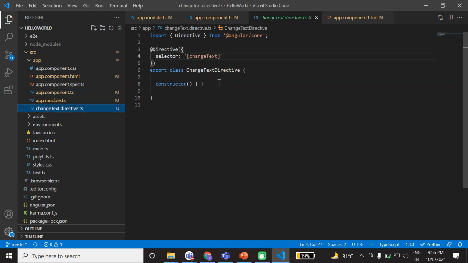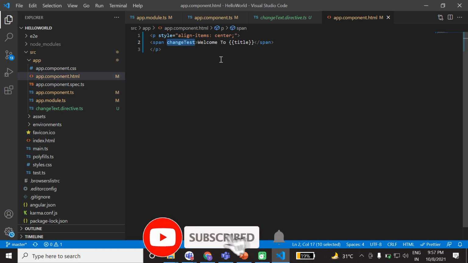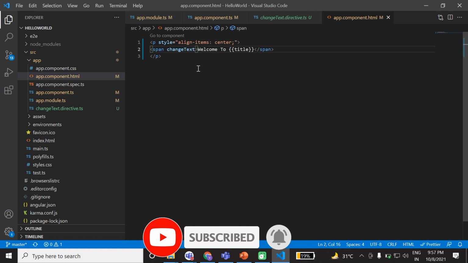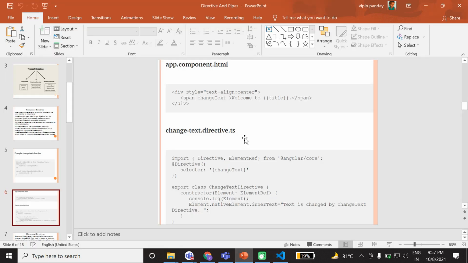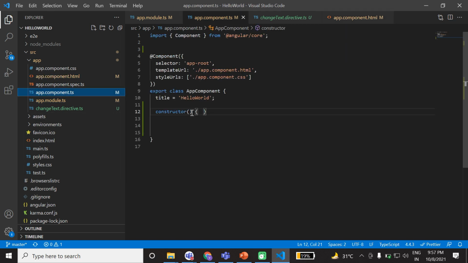So we created the directive here. Now we are going to use the change text directive and the text will be changed. How? Let's see. We first need to define a constructor inside the app component.